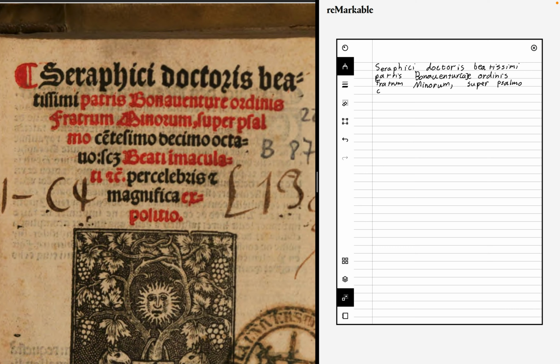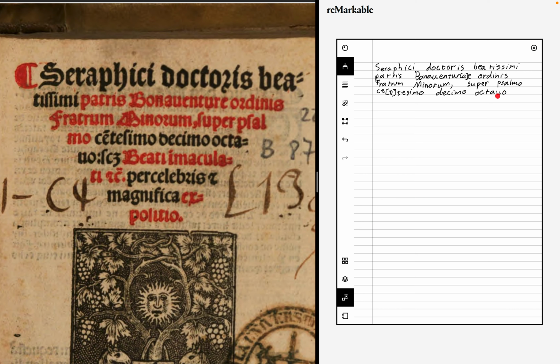And then Ordinis, Super Salmo, and then this line over the E usually means an N. Sometimes it can also mean an M. So it's not Ketesimo, it's Quindecimo, Decimo, Octavo,